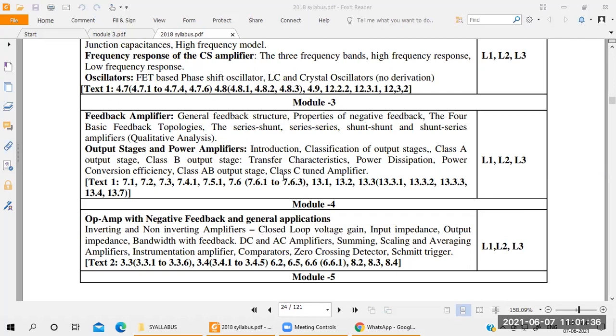In your syllabus, Class D amplifier is not given. Only we can discuss the Class A amplifier with circuit diagram, derivation, and problems. In the exam, they can ask either Class A or Class B. These are very important. Understood? So write the proper circuit diagram, then show the derivations with respect to power and efficiency for Class A, Class B, and Class C. Understood? So today we'll start with the Class A amplifier.